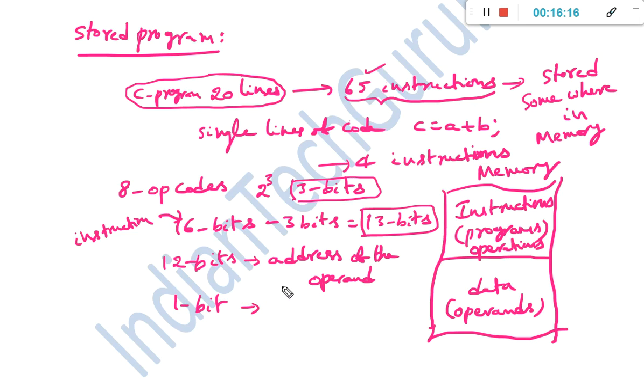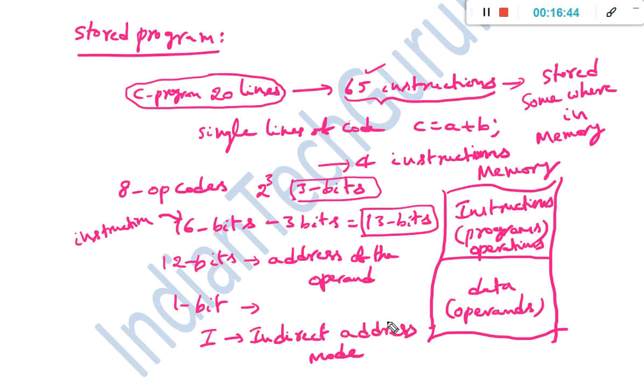So this particular single bit is designated with an I. Here I represents the indirect address mode. What is the significance of this indirect address mode?